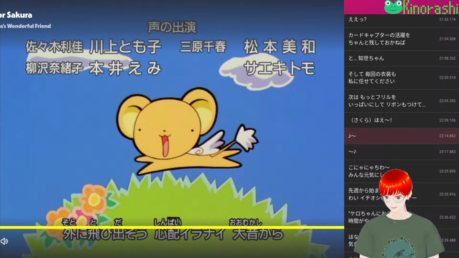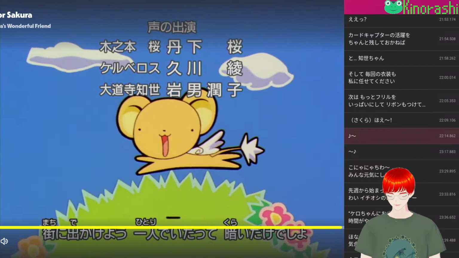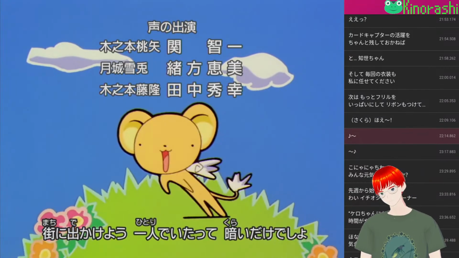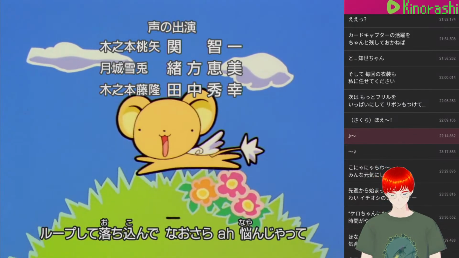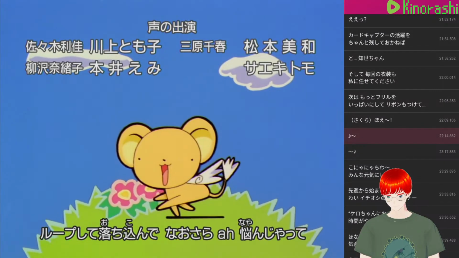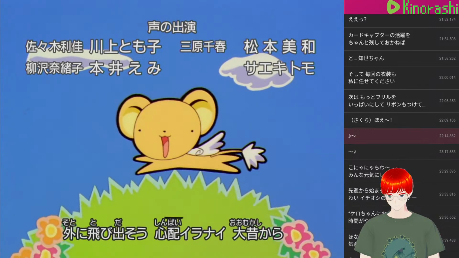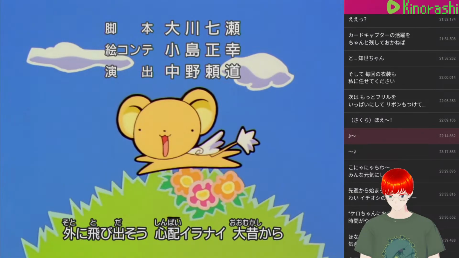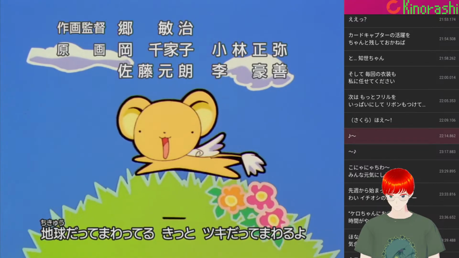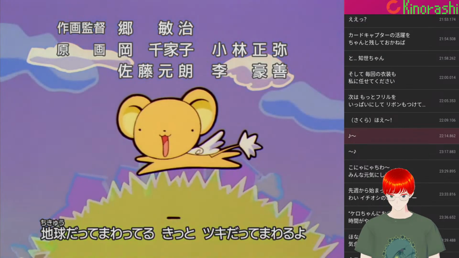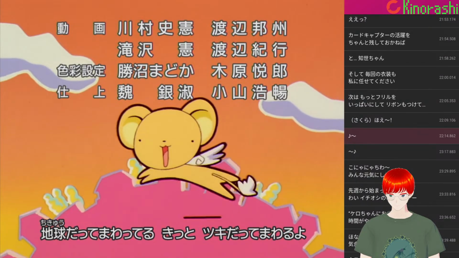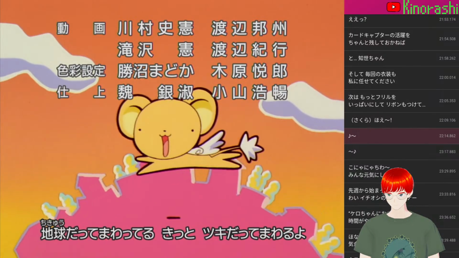From ancient times. 飛び出そうし街に出かけよう一人でいたってくらいだけでしょループして落ち込んでなおさら悩んじゃって外に飛び出そう心配いらない大昔から地球だって回ってるきっと好きだって回るよ